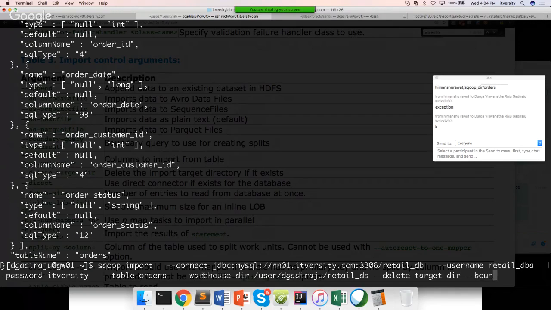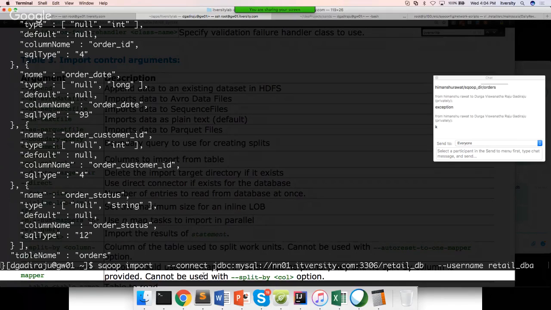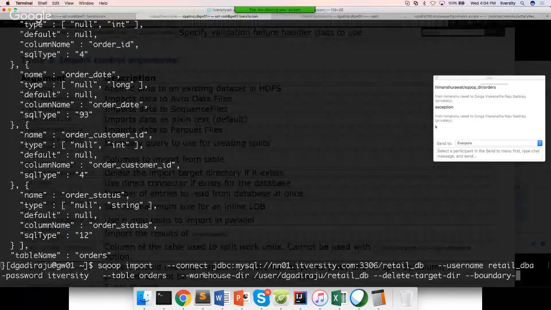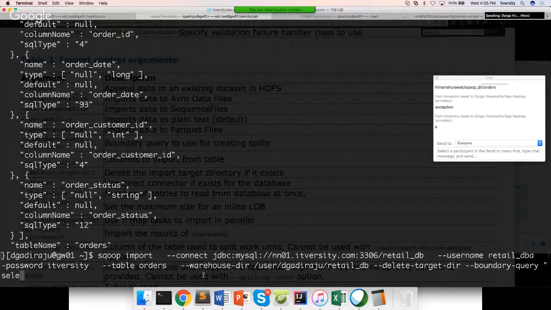So the syntax will be like this: boundary query, and let's say our valid numbers are from select 1 2 3 4 5 6, 5 ones, and then 68,883 from... I think you can just give it like this. Okay, and also you can say